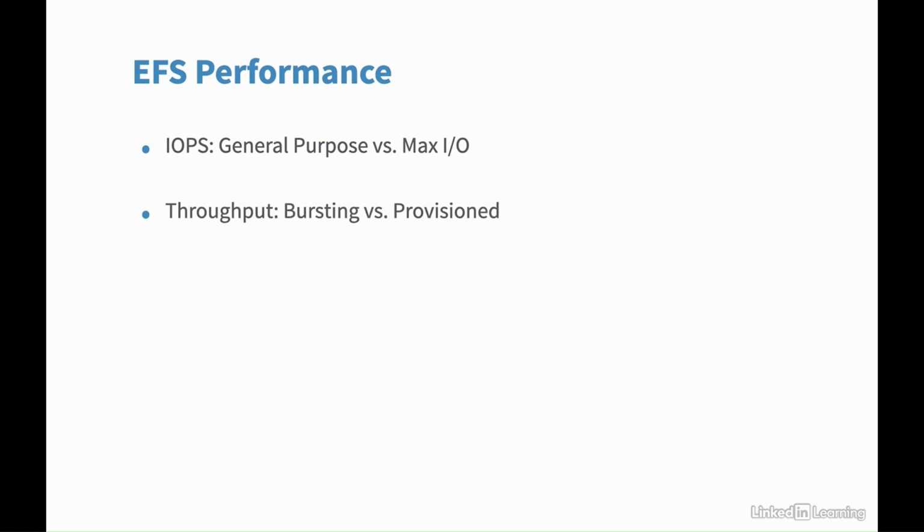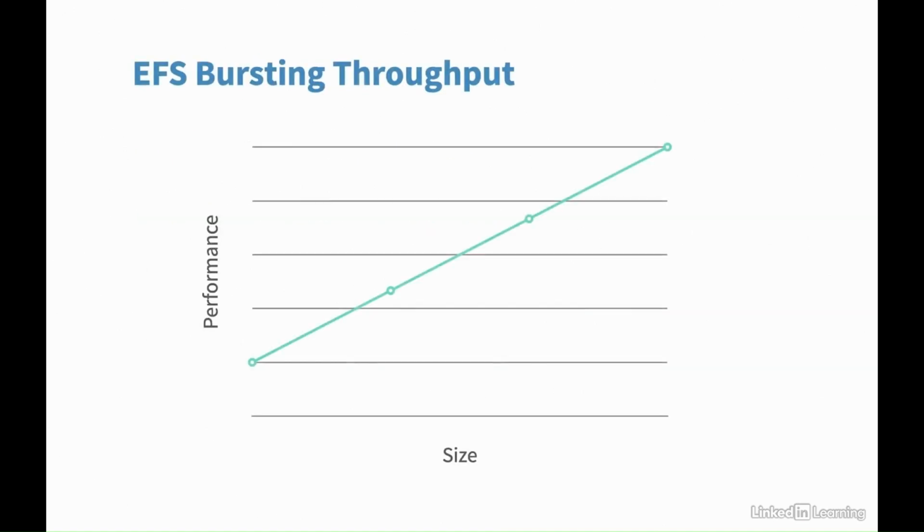As for throughput, by default, EFS throughput scales with the amount of data stored on the file system and employs a bursting model. In general, AWS increases your EFS IOPS capacity along with the size of your instance. This can lead to some undesirable situations. If your volume is quite high but your overall dataset size is low, you may find that you're throttled at times using EFS. If you know that you're going to need higher sustained throughput than what bursting provides, you can